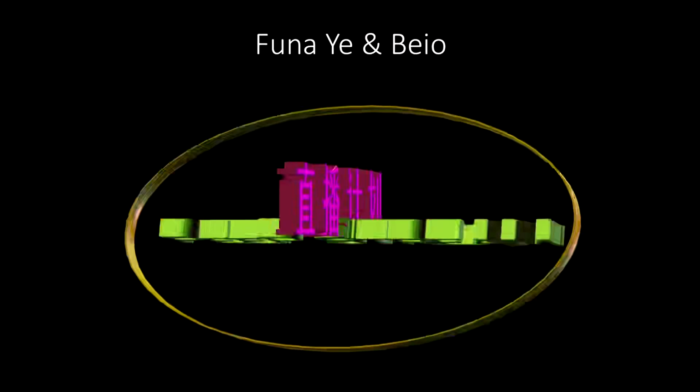This is happening right now by performance artists Beyo and Funa Ye, which we saw earlier. She did that Google CN painting. They're doing it through an app called 51rebo.com, which is like a domestic live streaming app, so you can have your own reality show. What I want to show you, these are some screenshots. So what you're seeing here